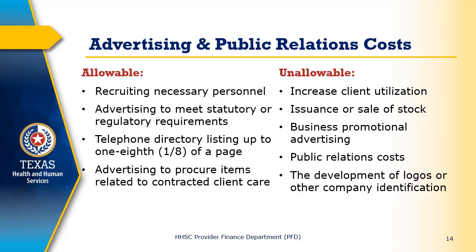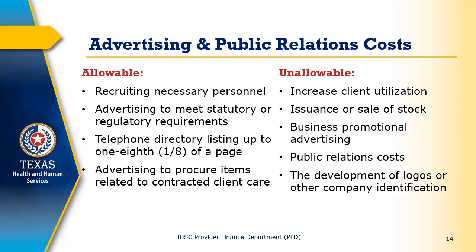Advertising and public relations costs that are allowable include recruiting essential personnel and advertising efforts aimed at fulfilling statutory or regulatory requirements. For instance, expenses related to telephone directory listings can be allocated as 1/8 of a page. Additionally, advertising that focuses on procuring items necessary for contracted client care is considered an allowable expense. However, costs that are considered unallowable include those aimed at increasing client utilization and any expenses related to the issuance or sale of stock. Business promotional advertising, public relations costs, and the development of logos or company identification also fall